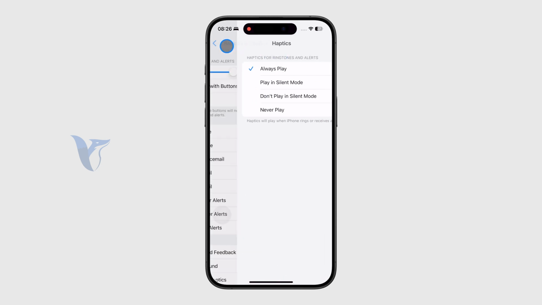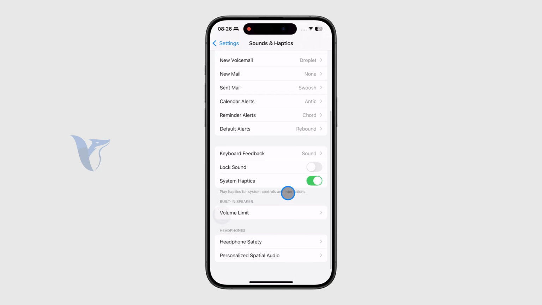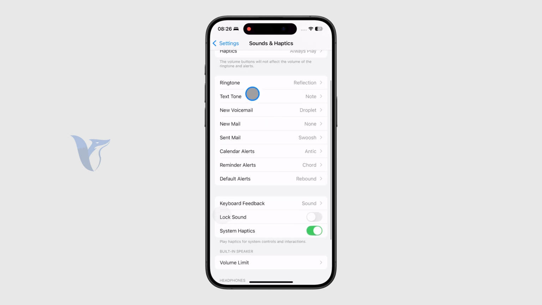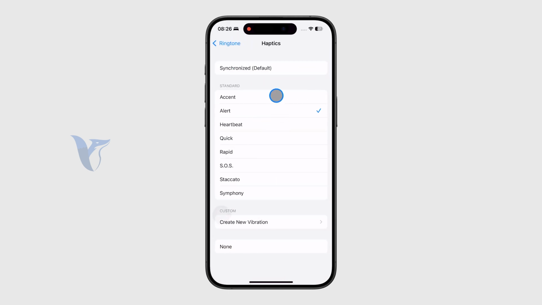So make sure it is enabled, right? Like make sure that the haptics and vibrations work. But then we have to manage it individually. So for example, we have the ringtone section. And in there, at the top, when you confirm and click on the haptics again, you can choose from the